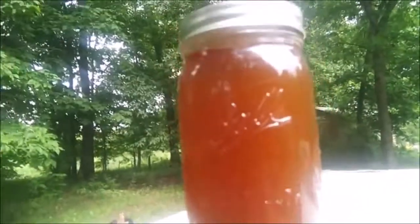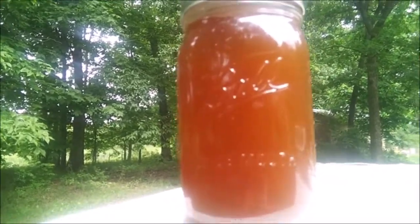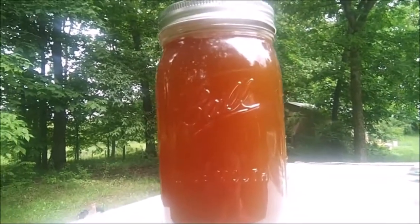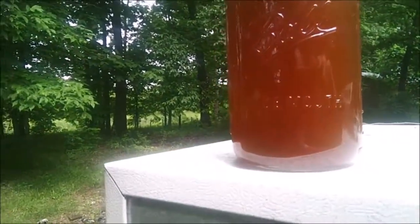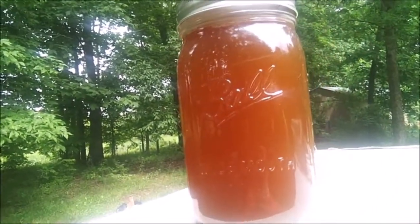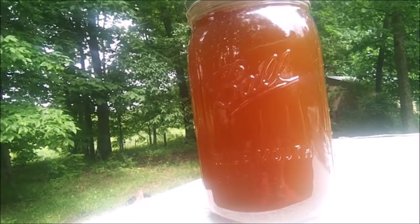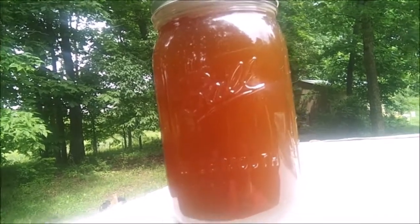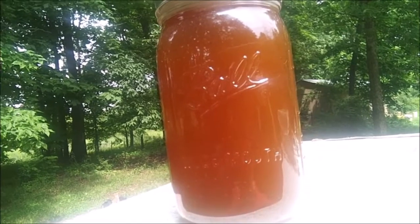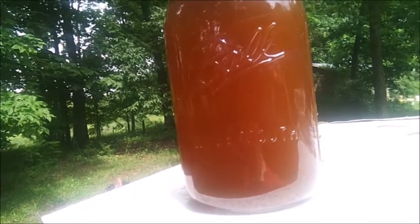Okay, well, it took me about 5 days to get all this honey spun. Here's a jar of it in a quart jar. It's very dark. This is a whole year's worth of bees. I didn't have enough. I don't have a settling tank, and I didn't have enough space in buckets to let it settle. So I got about 3 gallons, 3.5 gallons, 14 of these mason jars filled with the first batch